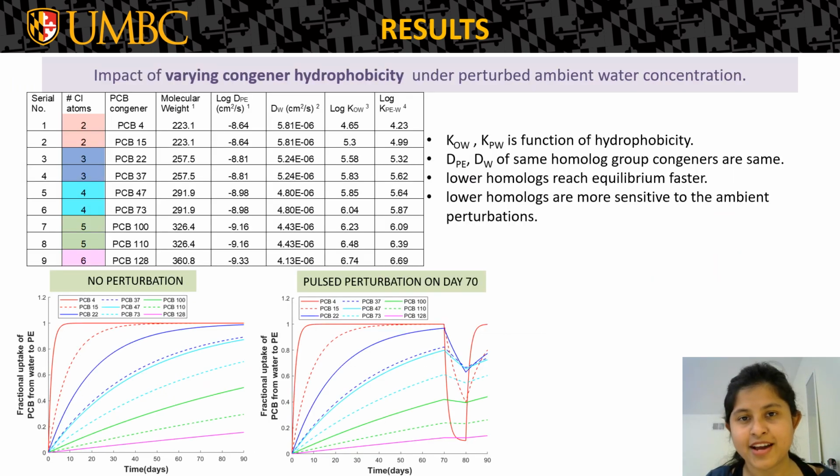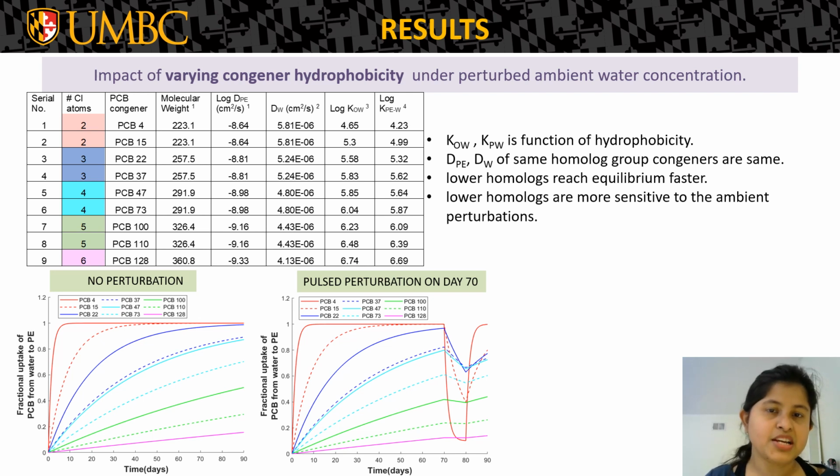So we looked at 9 PCB congeners that are listed in ascending order of molecular weight and hydrophobicity here. Kpw, which is the partitioning coefficient of an analyte in PE with respect to water, and diffusivity of an analyte in PE or water are the functions of the hydrophobicity of a congener and molecular weight respectively. So the uptake kinetics is really a function of both the partitioning coefficient as well as the diffusivity in water